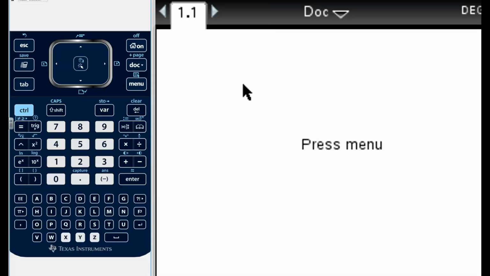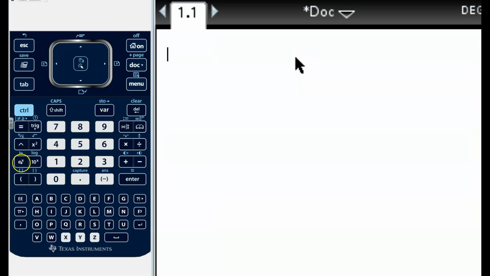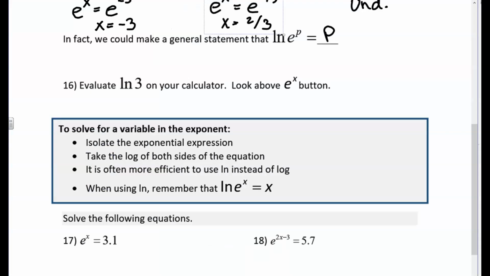So when we come over here to the calculator, you'll see there is an e to the x button right over there. It's under a natural log button. Oh my goodness, we're going to use that a lot. So let me add a calculator. If I do e to the third power, I get an ugly decimal, and that's okay. So coming back over here,